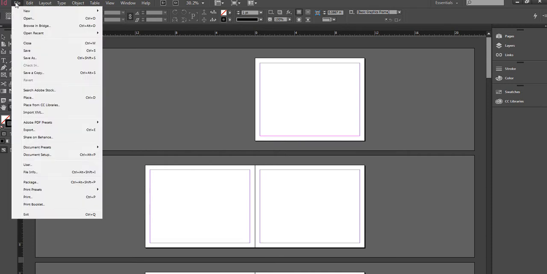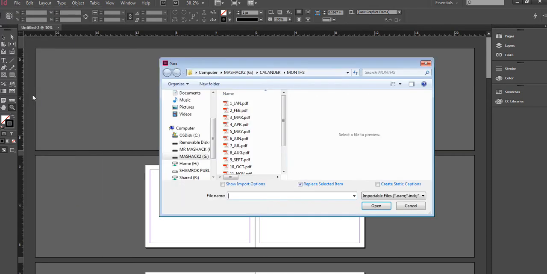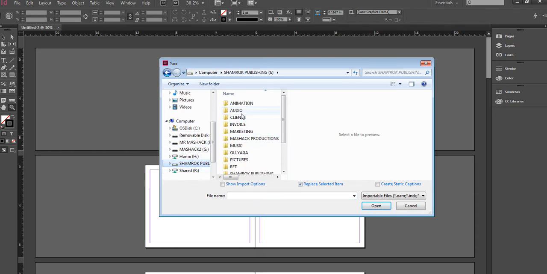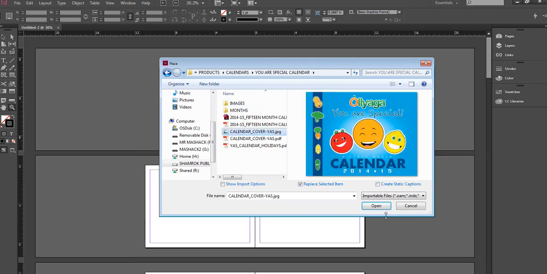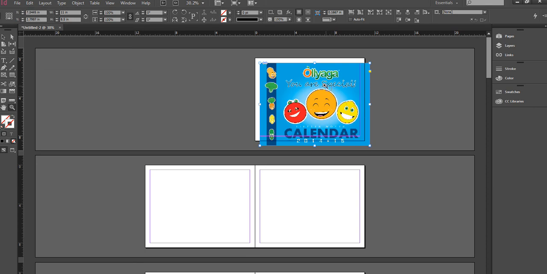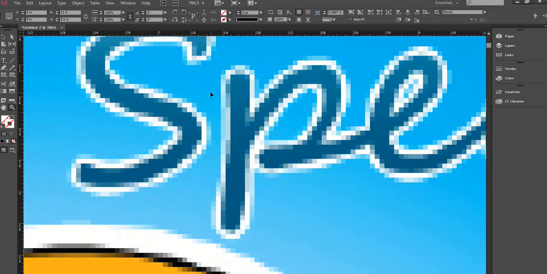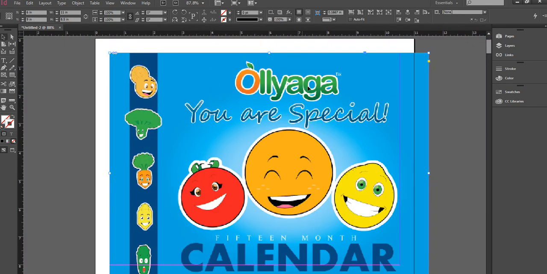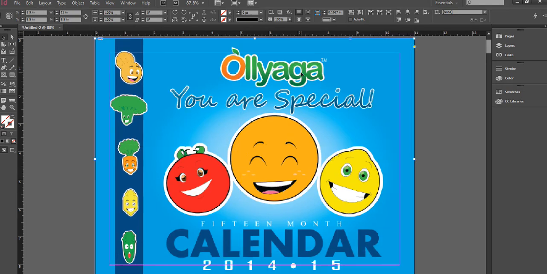Now, I'm just going to go to File, and I'm going to start placing my images in. That's all I really have to do. So I'm going to find where I put my stuff. And so I'm just going to grab my cover, and I made my cover a little bit smaller in the past, I think. Alright, so if I want to bring this in,